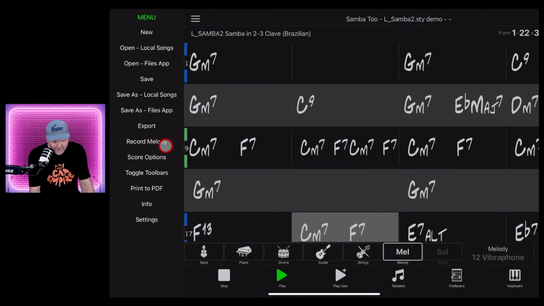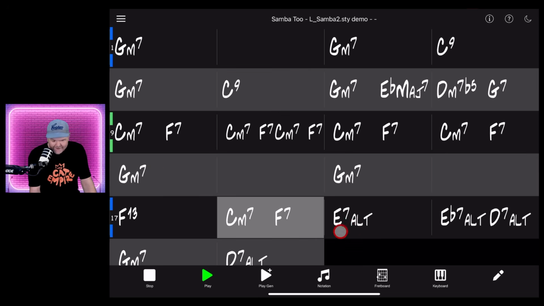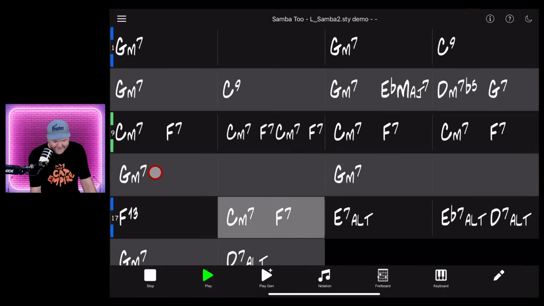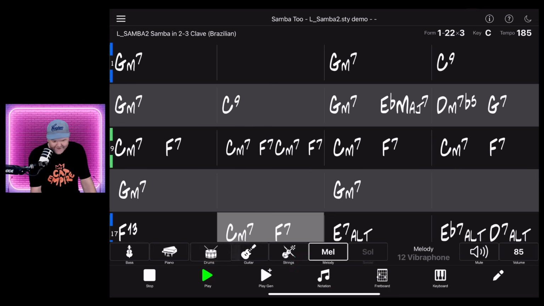So yeah, there's export, there's melody recording, toggle the toolbars. Don't know what that did. What toolbars did it take away? Oh, these ones down here. Okay, so there's your toolbars. So yeah, you can adjust a lot of things here. You would have heard the one before was in 3/4 time as well. So it looks like you've got different time signatures, different tempos, all the options for adding chords in here for